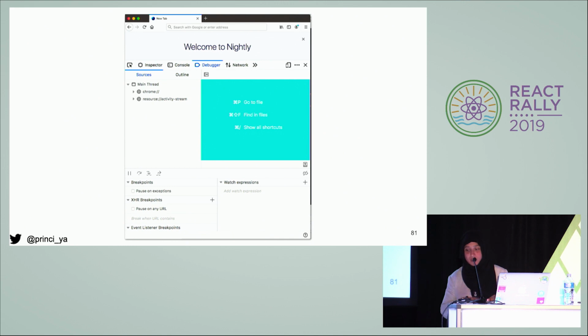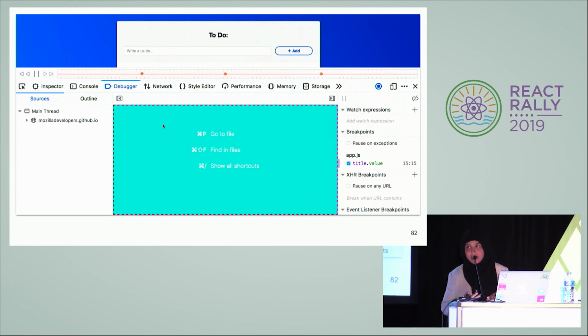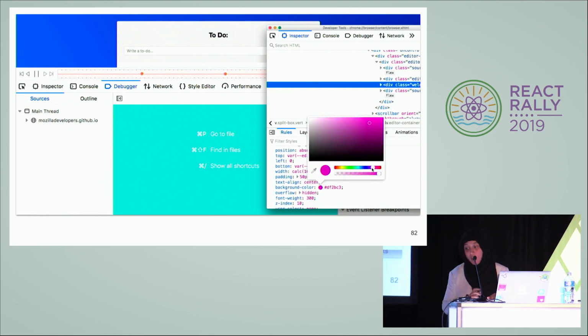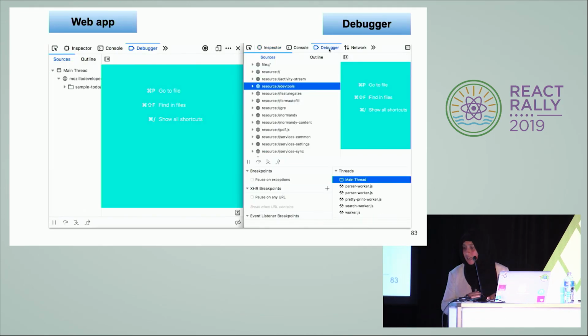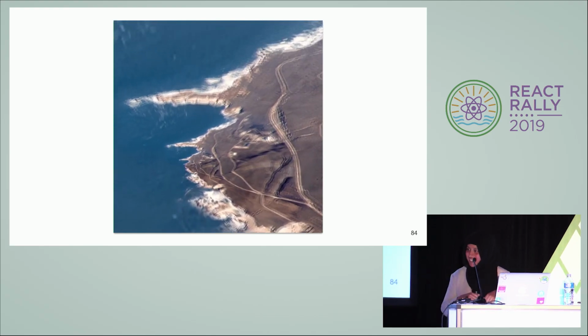And the fun part comes now. So this is a web app. Now, I open the browser toolbox, and I can inspect and put in any color there. It is a web app. So a regular way of debugging, go and inspect that element, change the color, put in some color. It still works. And open the debugger, and now you have this debugger, which is debugging your customized debugger. So this is debugging the debugger. There is more to come. But first, let's sink in.